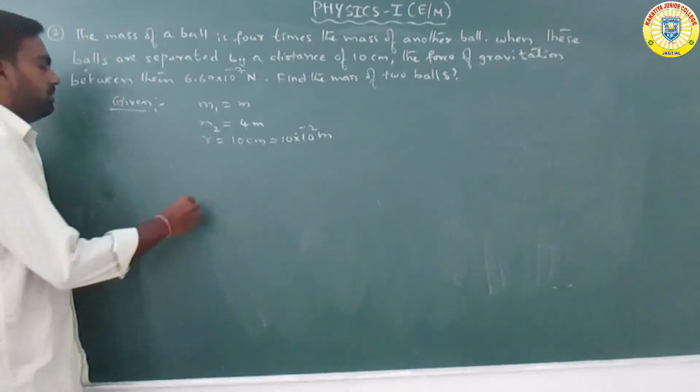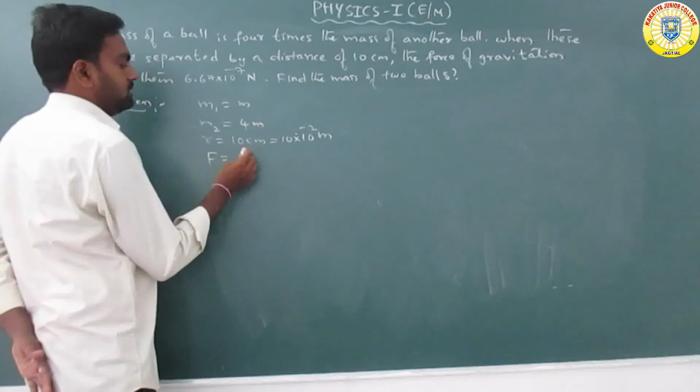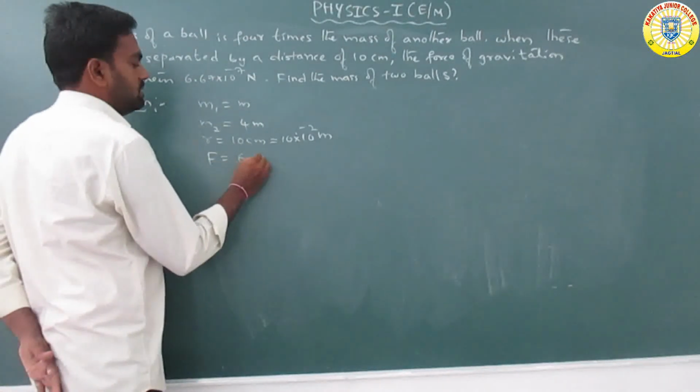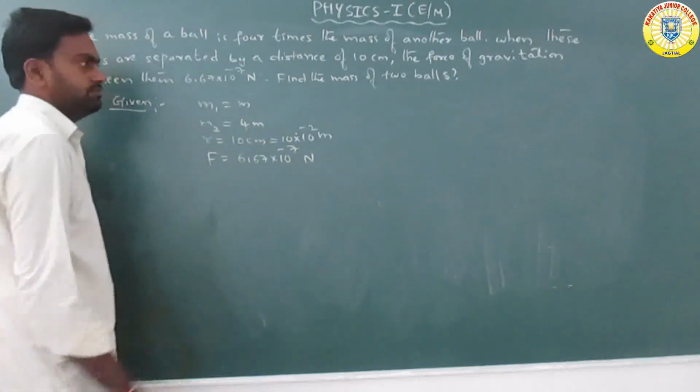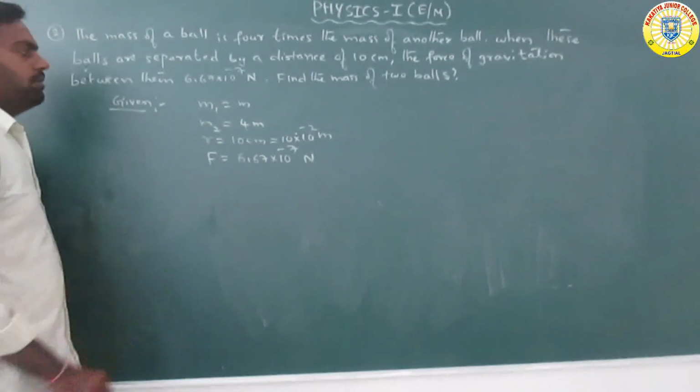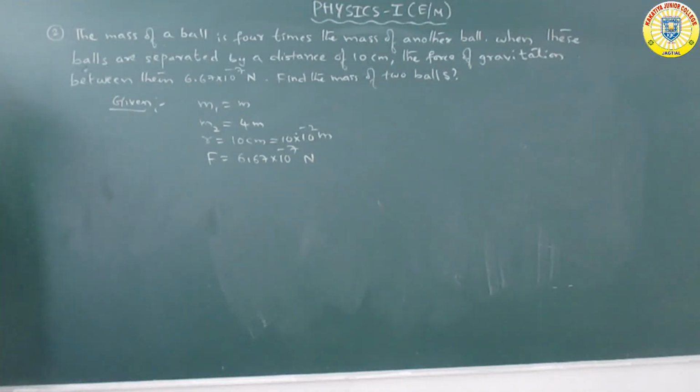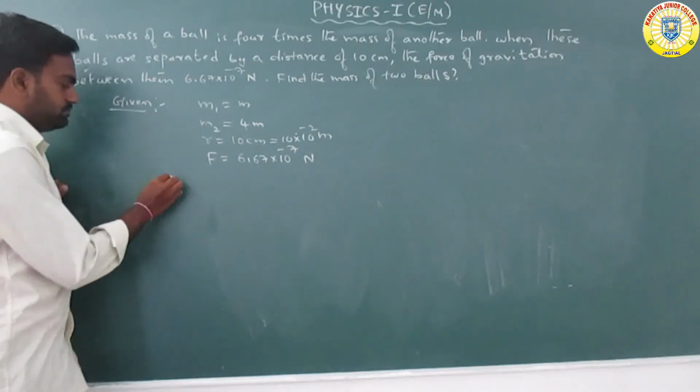The force of attraction is 6.67 into 10 to the power of minus 7 newtons. Find m1 and m2. According to gravitational force,